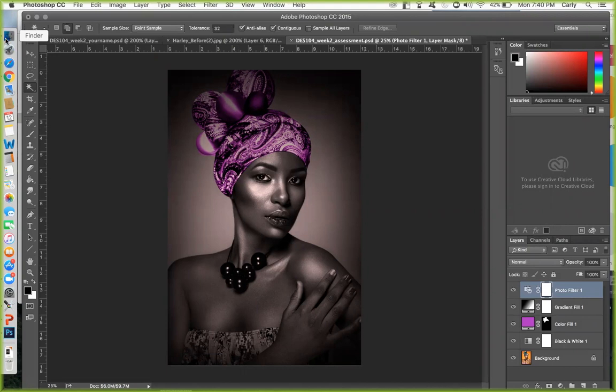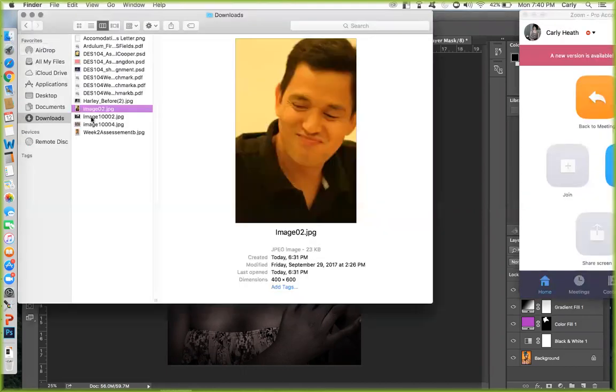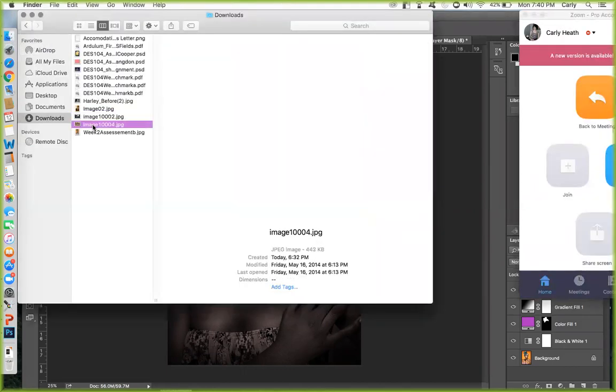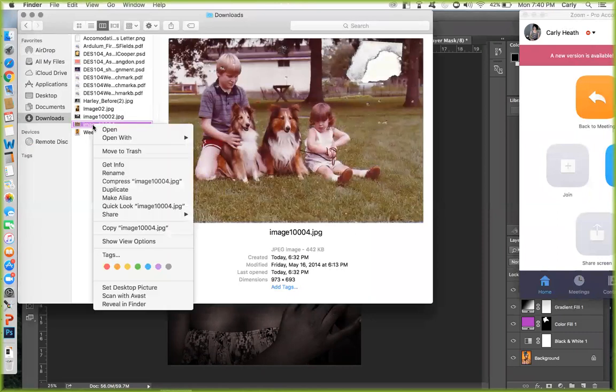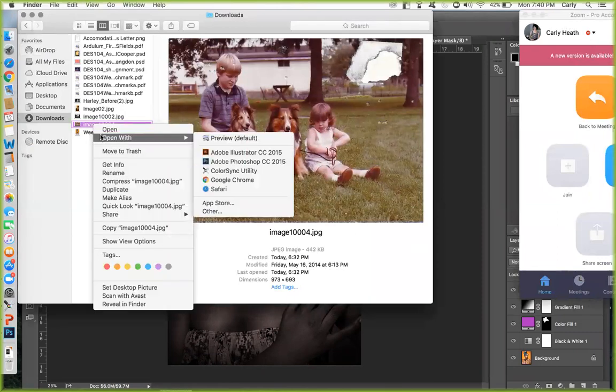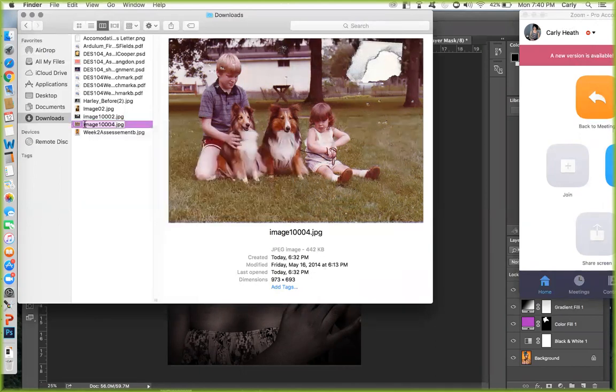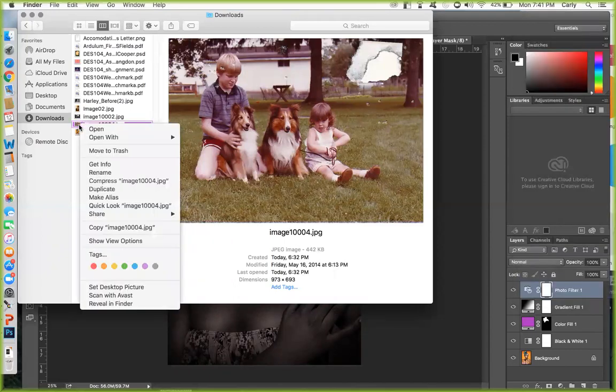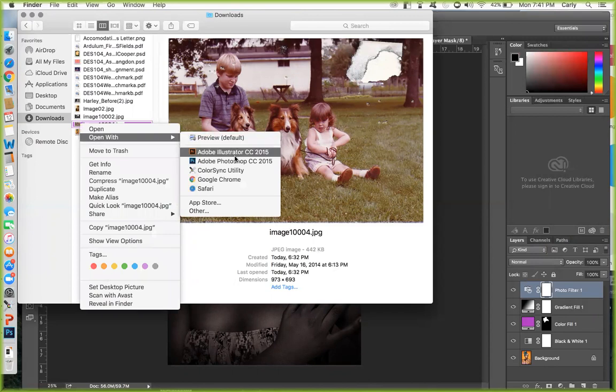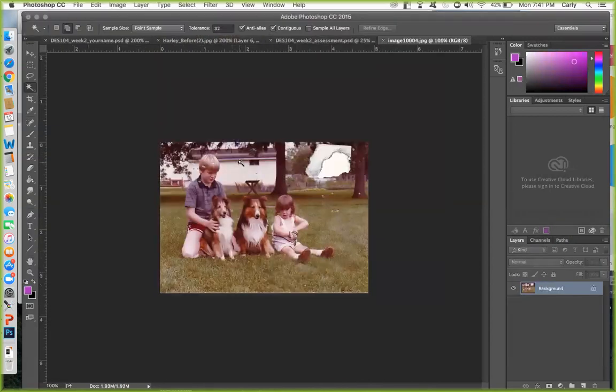So let's now look at the other images that you are going to be retouching, or that you can choose to retouch for your project. And remember, the way that you can open up your photos into Photoshop is by browsing to them, holding down the control button or right-clicking on them, and then going open with Photoshop. Now, with this picture,